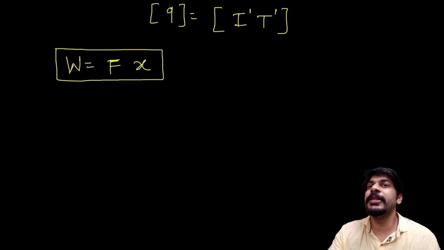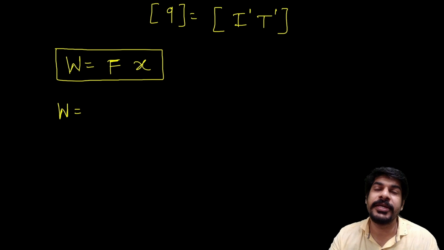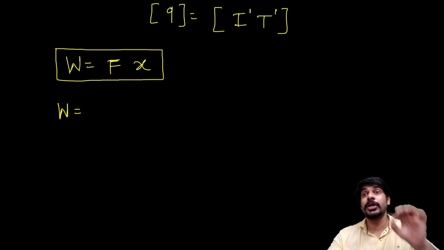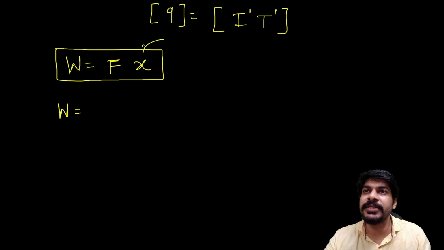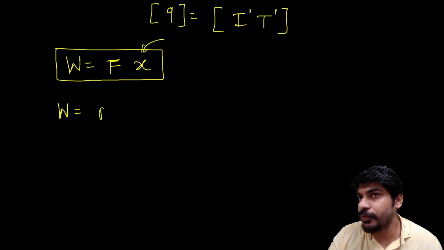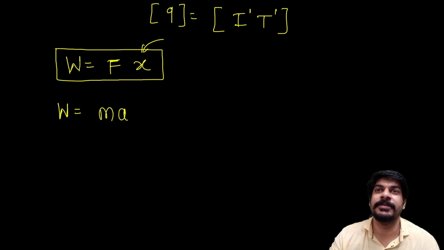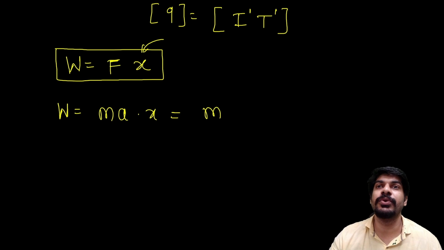First of all, we will represent work in terms of base quantities. So for that, we have to represent force first of all in terms of the base quantities, because force over here is a derived quantity. Displacement is again related to length, so it is a base quantity, no problem. So what is force? Force is mass into acceleration into x as it is. Now mass is a base quantity, but acceleration is not a base quantity.